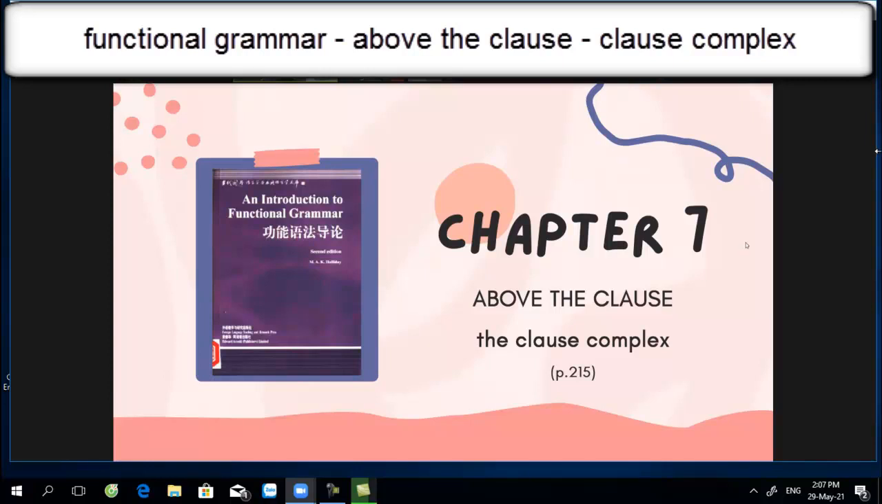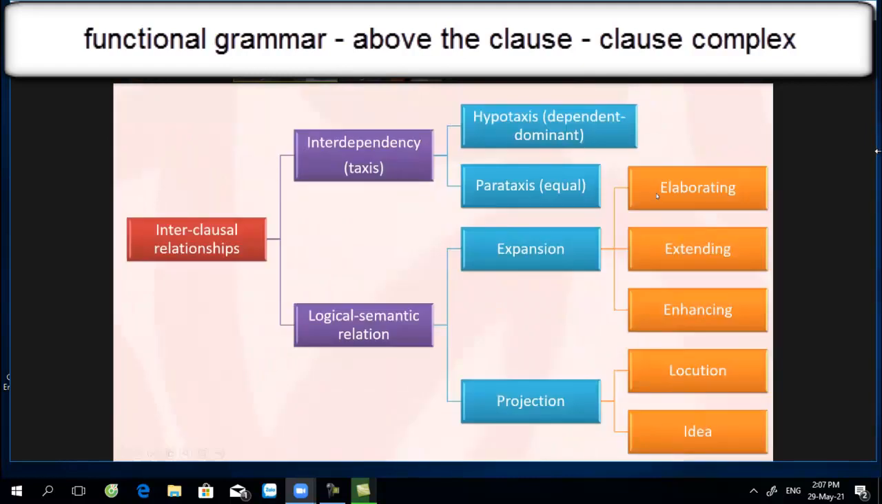Chapter 7 is about the clause complex, and you can follow in the book at page 215. Here is the general idea of what we're going to study today. We'll talk about intercausal relationships. There are two main kinds, interdependency and logical semantic relation, and there's